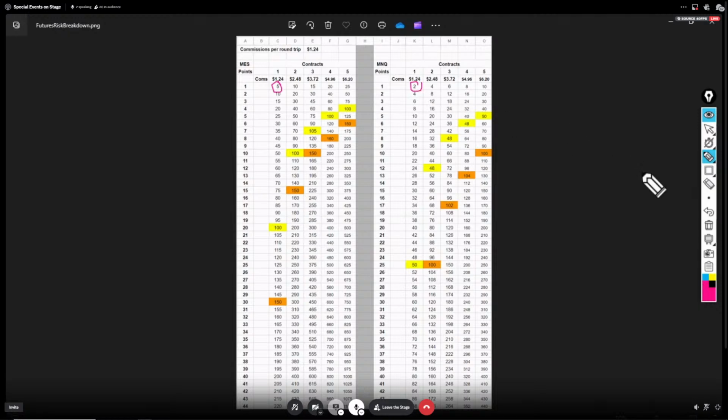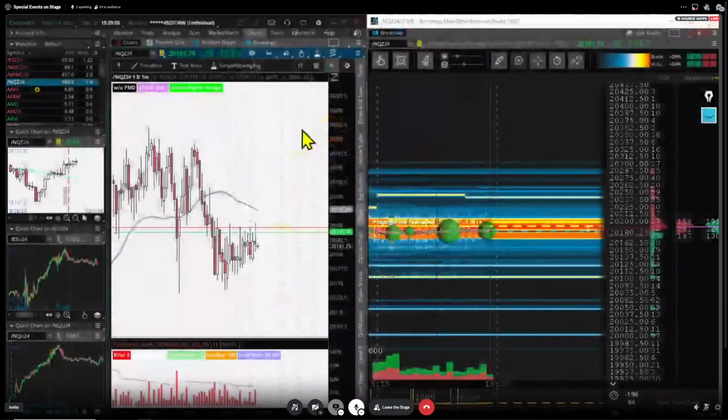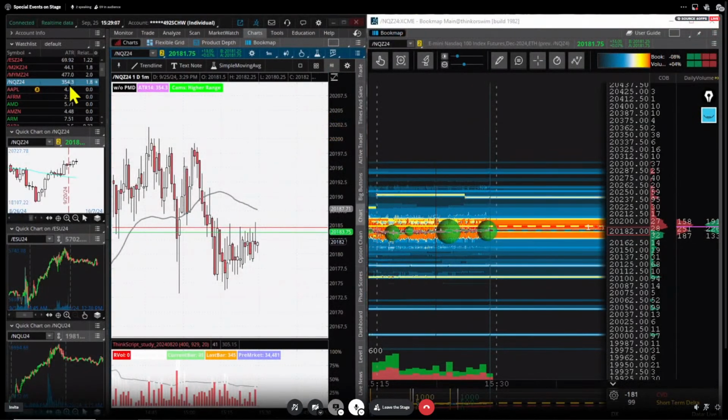But with MNQ, and this is where people kind of get it backwards, look, the ATR on NQ is 354. The ATR on ES is 69, right? So the ATRs are like this. This is why a lot of us really like MNQ, because if you run a relatively reasonable stop, you can risk